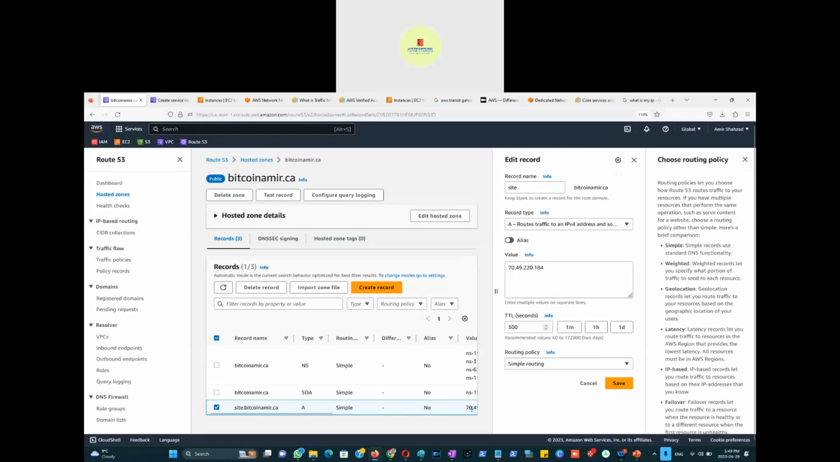So you can create site1.bitcoinhounder.ca with this IP. Maybe you got another IP. Maybe you got 5 IPs there. So site2.bitcoin.ca and another IP you got from your ISP. So you can put it here, and then weighted just means that